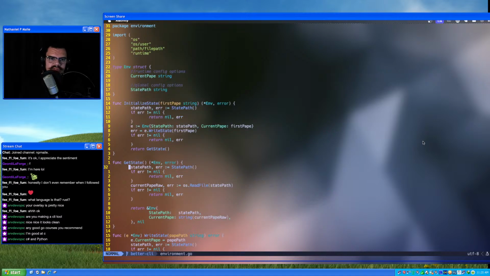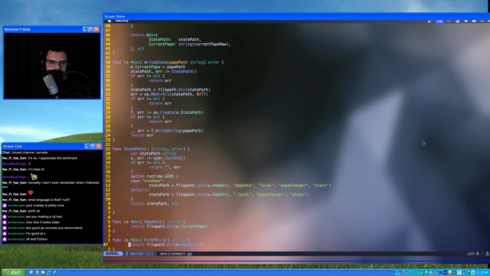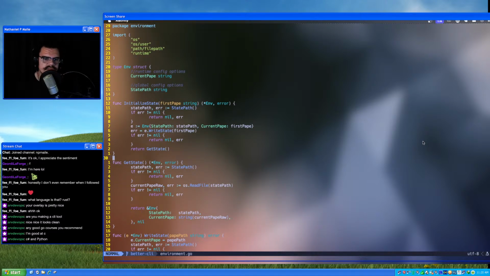What does this get state do? So here's what I'm going to do. I'm going to make it so this get state function has another